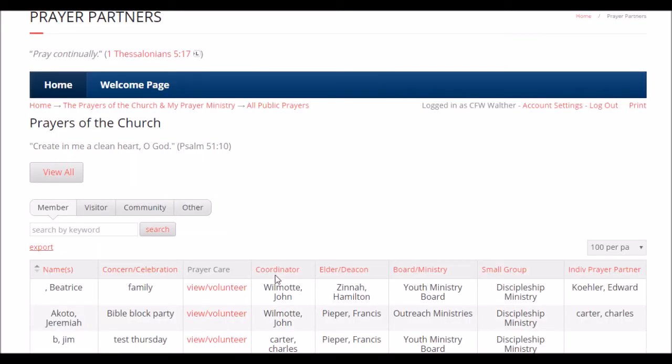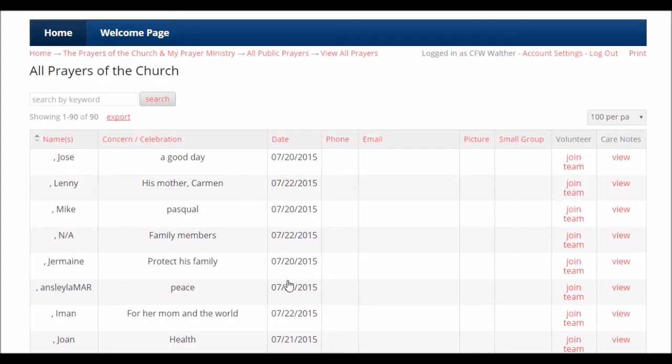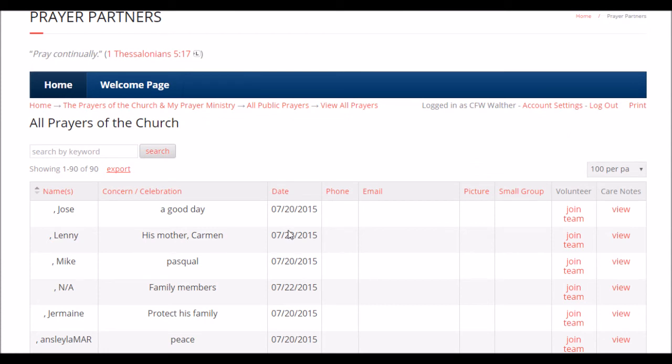So that's one view, and that's great. And then another view is one that just lays the whole thing out, all the prayer requests in one massive sheet, doesn't break it out by church status, member, visitor, community, just lays them all out. And then one of the cool things is it has the date feature prominently featured here. You'll notice, like with our prayer database, so this is an actual prayer database, public prayer requests you're looking at here,